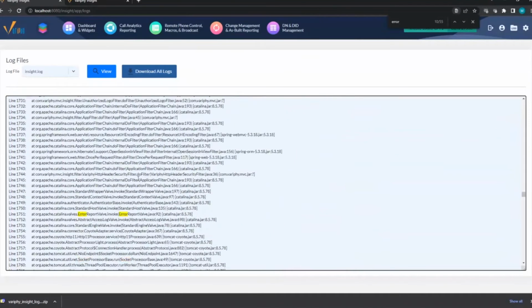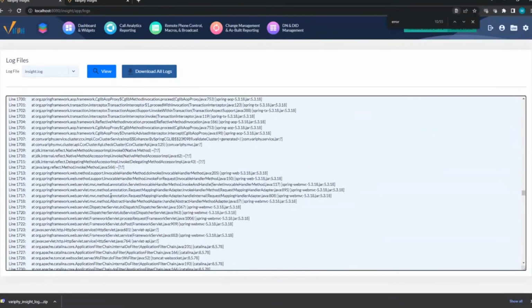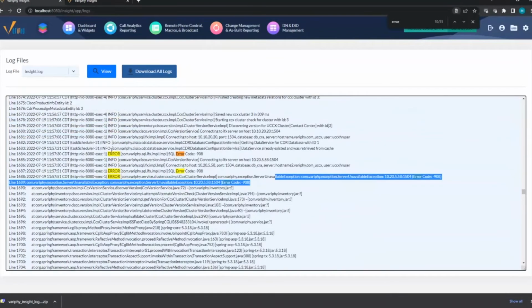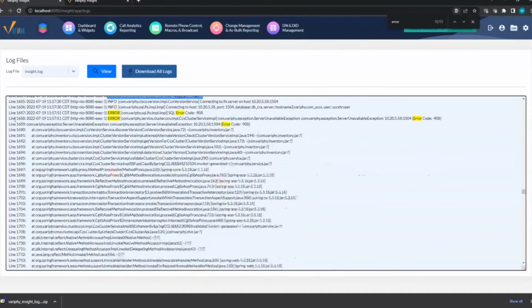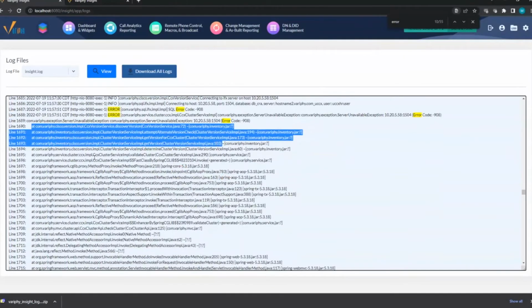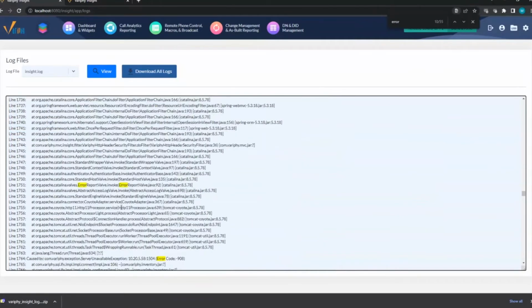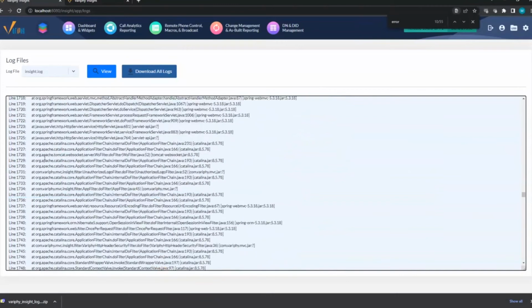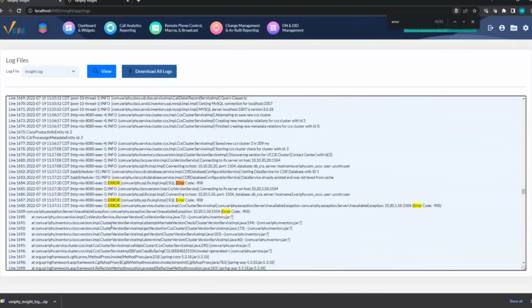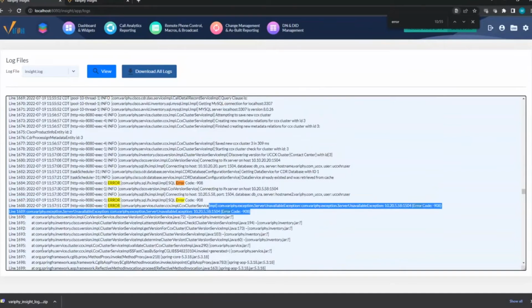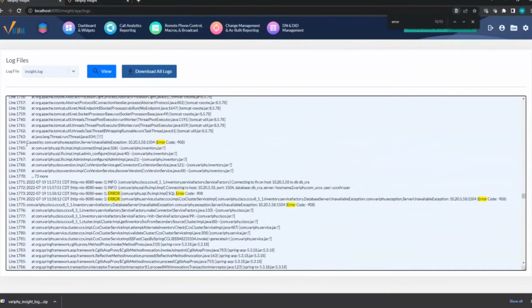So when searching for errors, you can search for the word error. When scrolling, if there's an error, it may be just one line, like in this case, or you'll see all these lines of text that start with the word at. If you're scrolling quickly, look for something like this, where you'll see the entire error. Scroll to the top and look for the message. You can see here's the message, and halfway down it'll say what it's caused by. So this will give you an idea of what's going on or what's failing.